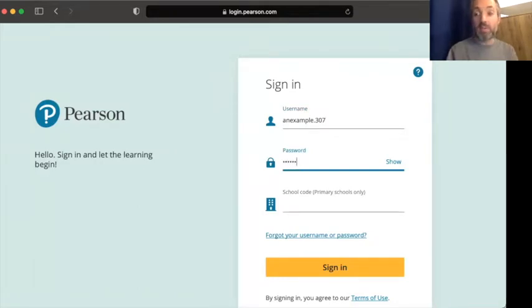I'm not going to tell you my password. It's hidden for data protection. You don't want to share your passwords with people. And then the school code at the bottom. This is the bit where loads of people go, I don't know what it is, and they type in lots of different things, but I can tell you the code now. The code is